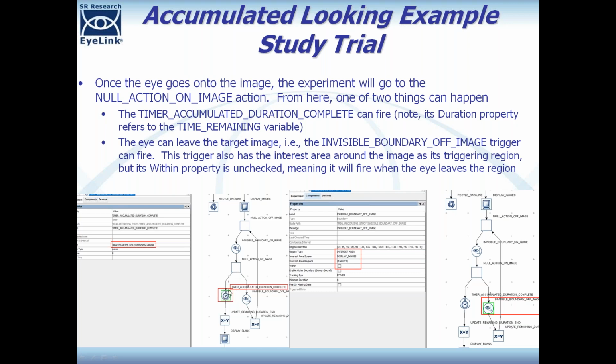If the time remaining variable goes down to 0, like if we have accumulated the amount of time that we have left, then we're going to end the trial. And the way that works is this timer trigger here, it's getting cut off, but if you